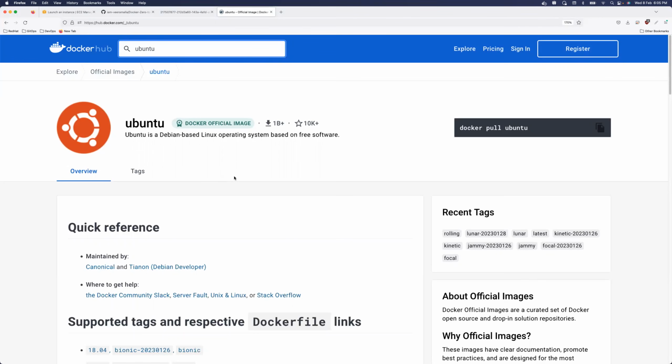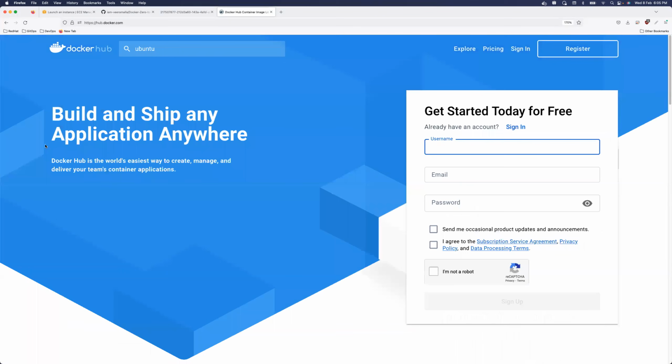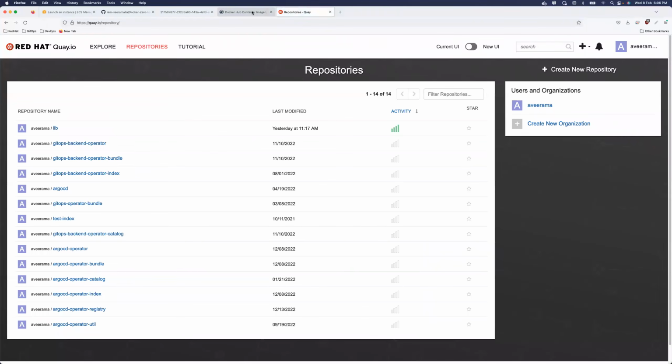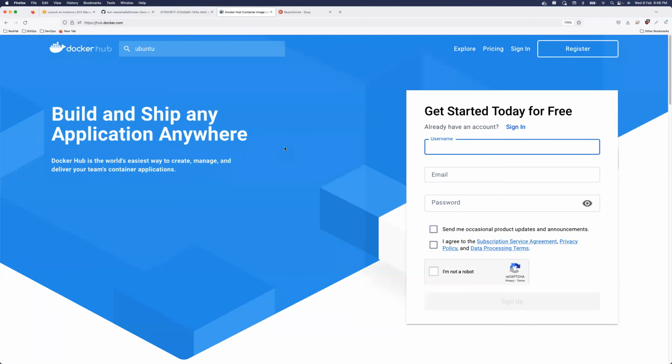Your responsibility is firstly to create an account in Docker Hub. Don't get confused here. Docker Hub is one public registry. There can be any public registry that your organization is using. This is a very popular one. Your organization might also use something like Quay.io, which is another public registry. But even if it is a public registry, just like in GitHub where you can create private repositories, similarly here also you can create private registries and share only with a certain set of people.